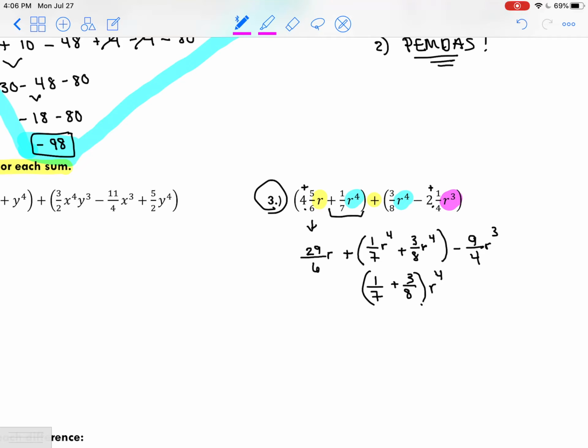All right, so looks like our least common multiple here is going to be 56. So we would just multiply both of them by the opposite, right? And then, of course, that's going to give us 8 plus 27. 21, what am I doing? Plus 21 over 56 of these same guys, right? So 29/56 r to the fourth. And I can bring these down for now